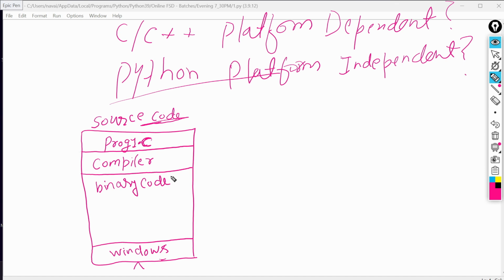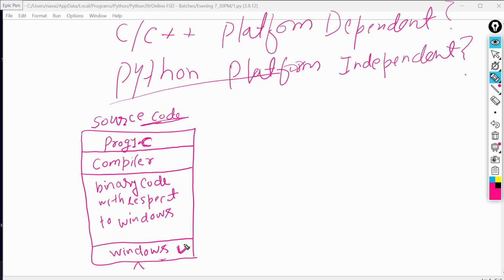It will convert our C language code into binary code with respect to, and this is an important thing, Windows, because our environment is what?